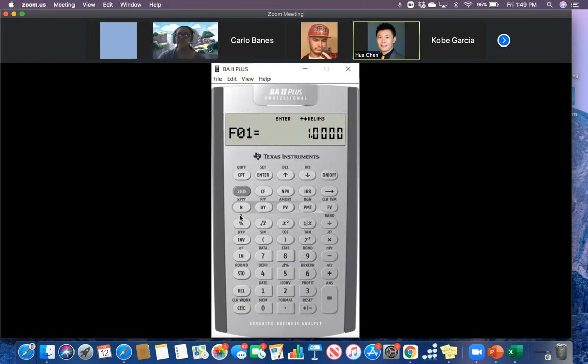So now you see my financial calculator, right? Can you see it? Yeah. Okay, good. So just use question 8 as an example. So since we mentioned that our first cash flow,